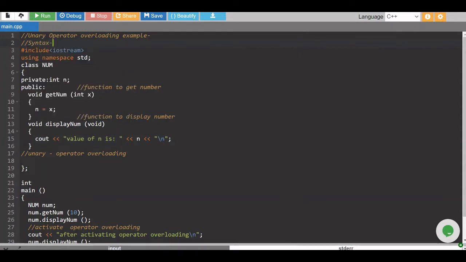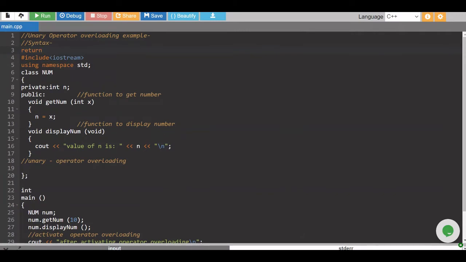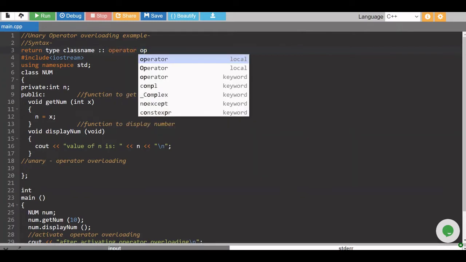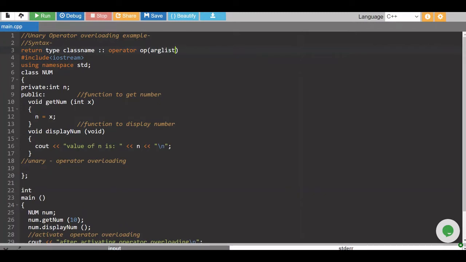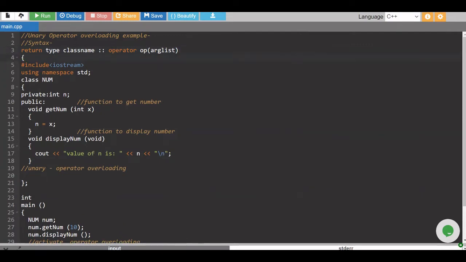Syntax will be: return type, class name, operator, OP, which will be the sign of the particular operator which we are going to overload, here will be the argument list, and after that it will be the body of the function. So this is the syntax for operator overloading.